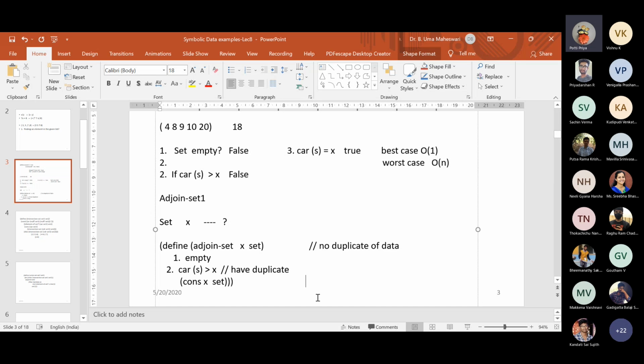So actually we will be doing cons till 10, ma'am. Yes. Then after that we will put 18 and then close the cons with 20, the CDR of the remaining list. Yes. So every time you pass the CDR of the set and check the condition whether it is greater or not. As soon as it reaches a greater element, for example 20 and the element 18, you have to insert it before that. So you have to cons 18 and attach it with the remaining set. So the logic will go like this.